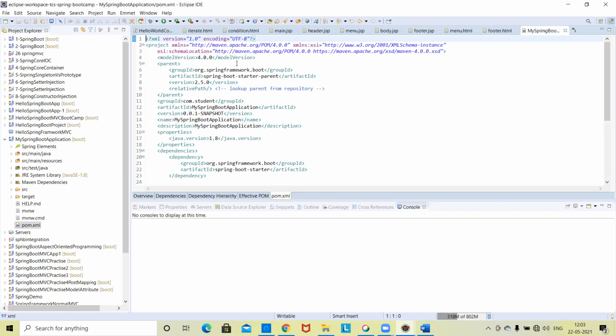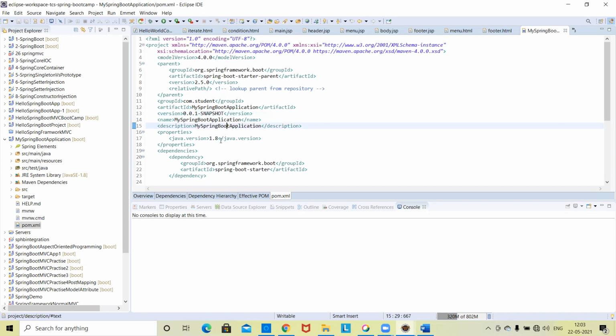Here the group ID is org.springframework.boot, and this is a Spring Boot starter project. Next, we have given the group name, com.student. The artifact ID is the project name. The version defaults; if you notice during creation of the project, this snapshot comes by default. Description is the project name.